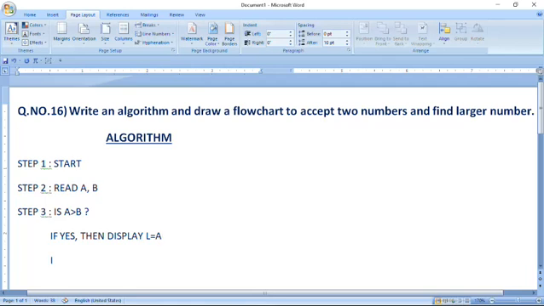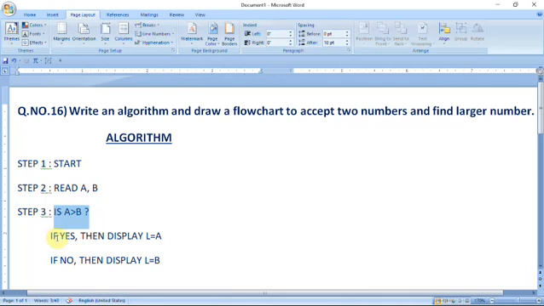Another, if no, then display L equal to B. This is so simple to understand because this is one conditional statement: is A greater than B, and it gives two results.